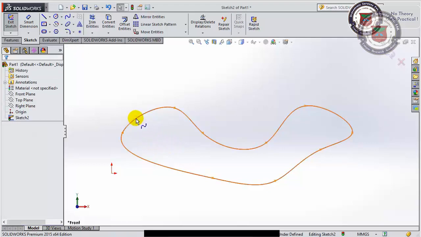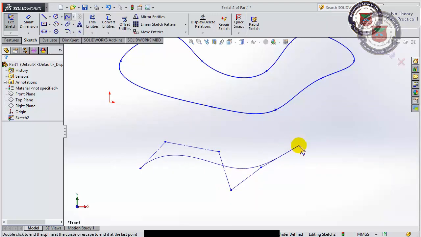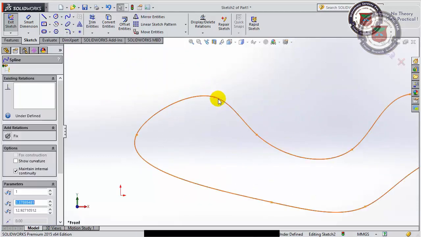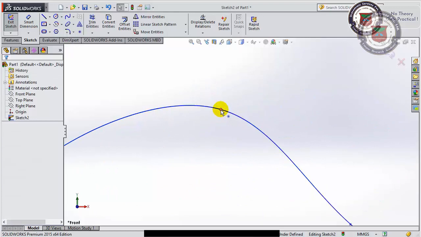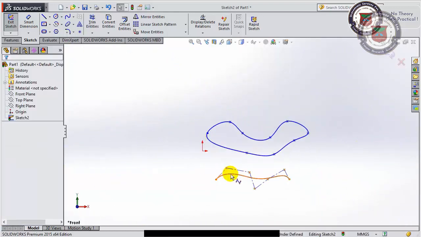Now the basic difference between this simple spline and the style driven spline is that in the style driven spline, the points where I click do add weight to the curve, but the curve does not pass through them. You can see these were the points where I clicked, but the curve is not passing through them. But in this spline, the curve is passing through those points.